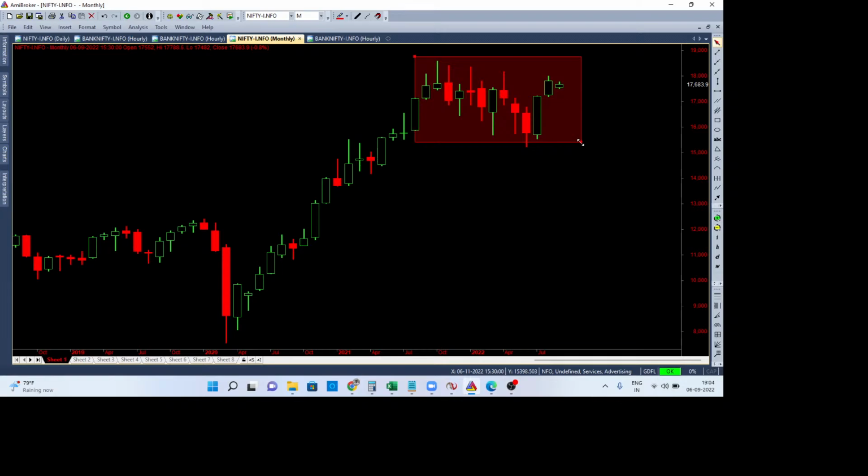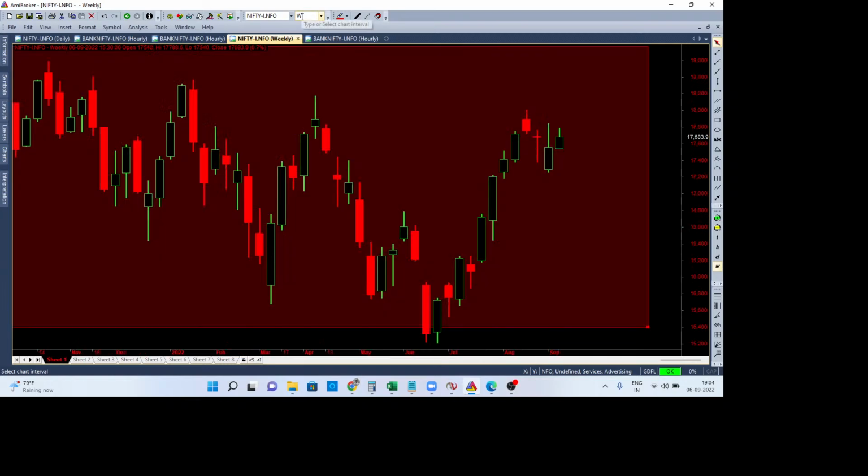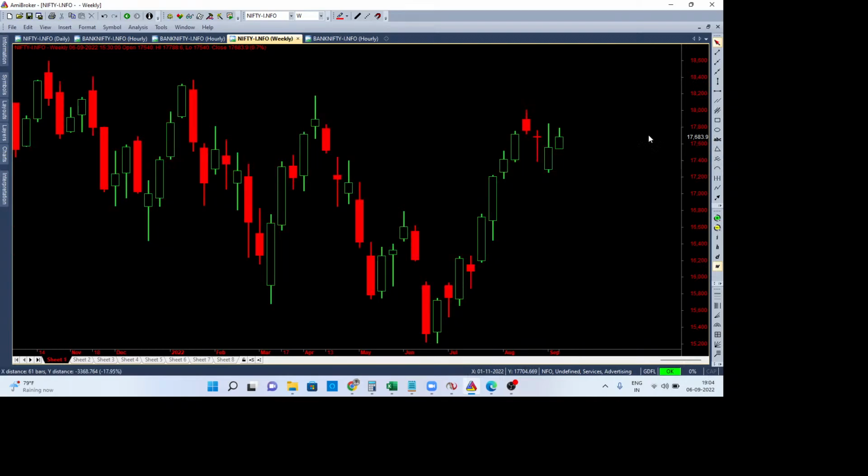Now let's roll down one time frame lower, to the weekly time frame. In the weekly time frame, what we've been seeing is that for the last 3 weeks Nifty had slid down. This week so far it is kind of an inside bar, so nothing much is clearly happening as of now. There is no clear direction, but we can say price is sideways to down, because the last 3 weeks price maintained down. This week neither the weekly high nor the weekly low has been taken, either on the upside or on the downside.